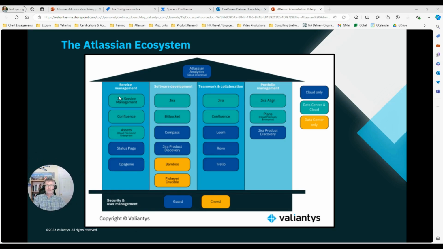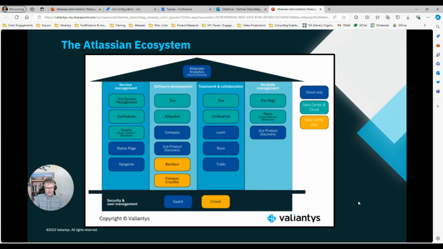We mentioned that there are many different products that work together across the Atlassian house, so to speak, that allow users to collaborate with each other, that allow teams to get the most out of this awesome collaboration tool.